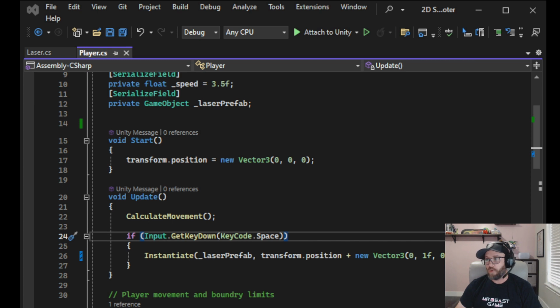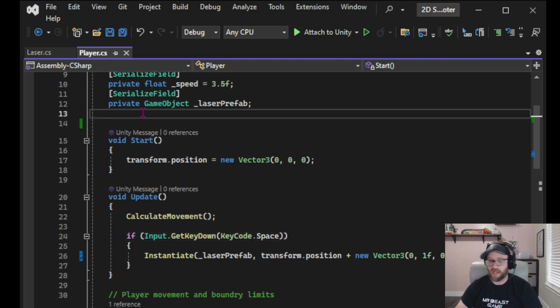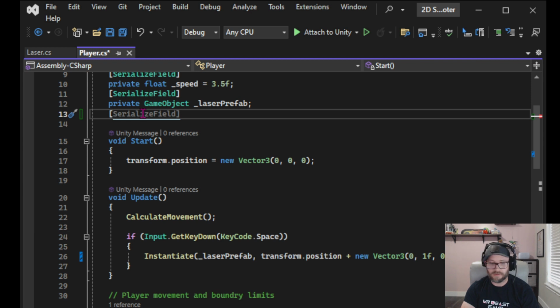All right, now before we can actually modify our get key down, we need to actually add the variables that we're going to use for this. So we're going to add a fire rate, and then we're going to add a can fire. So they're both going to be private. I only want to be able to adjust one of them, and that's going to be the fire rate. So that one's going to be a serialized field,